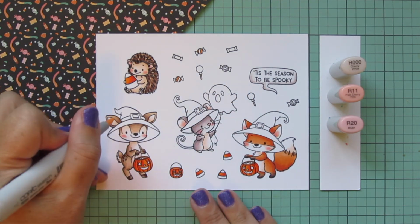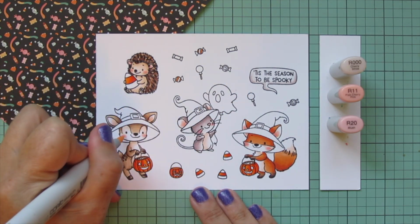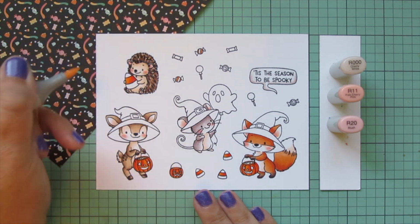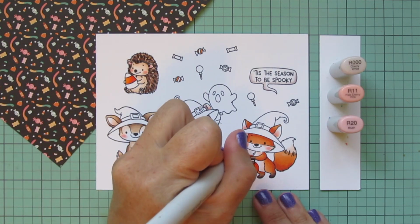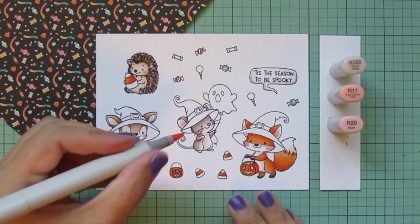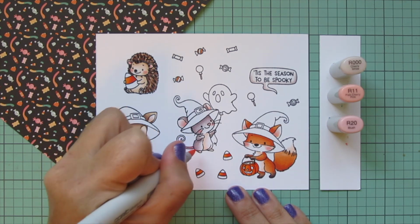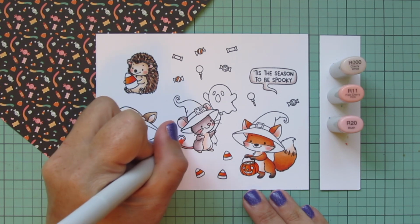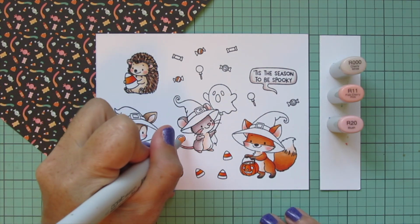And then I go even softer with the R000, and that is what I threw into the deer's inner ear, just so it has just a hint of the pink, but isn't quite so pink as some of the other critters. Just seemed to make sense for the deer for me. And then I also wanted to color in the mouse's tail with this combo